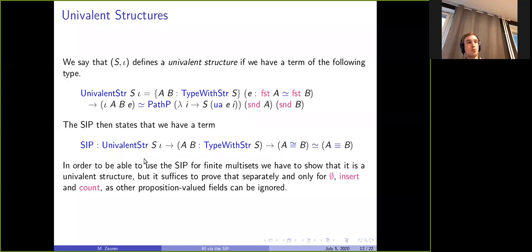But this is one of the big conveniences of Martin's formalization, that we can split these proofs up. We only have to prove it separately for the different components. So in our multiset example, empty set, insert, and count. If we had added proposition valued axioms or laws, we could have ignored them as well. So this is actually pretty feasible.